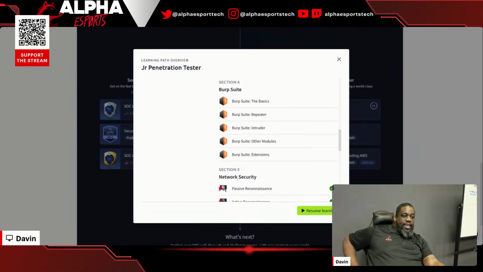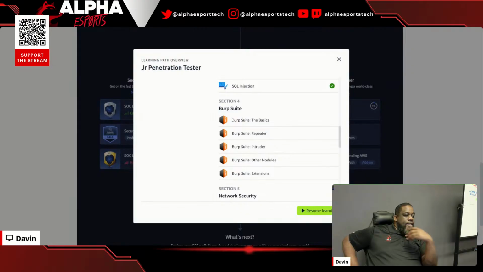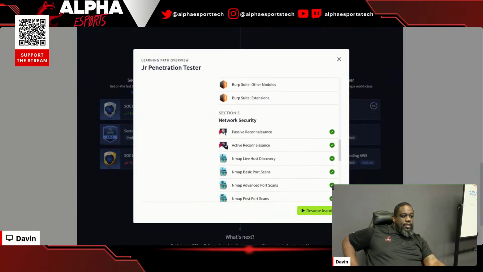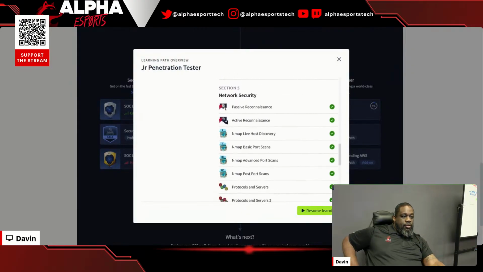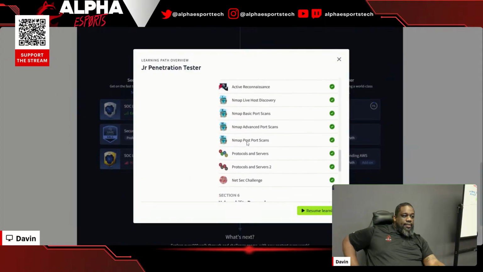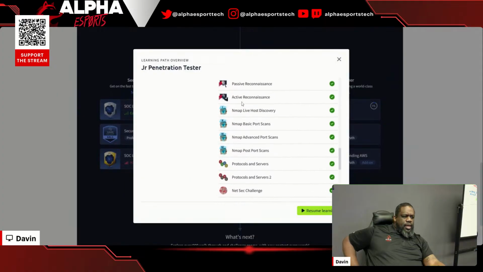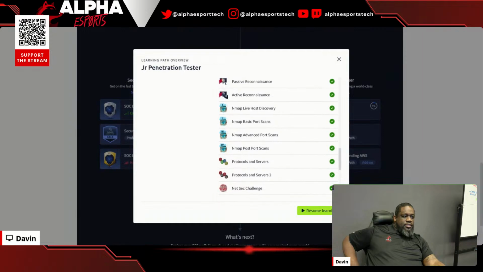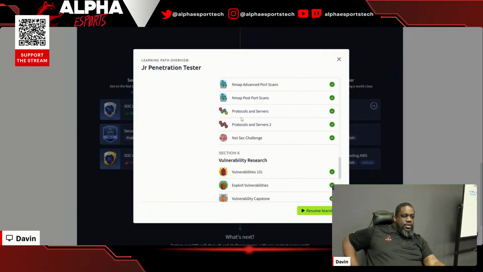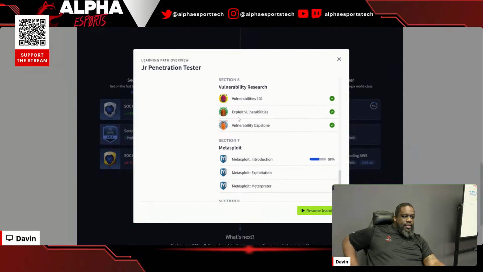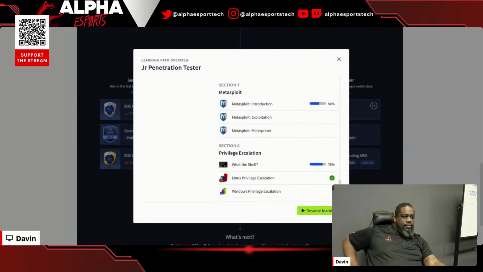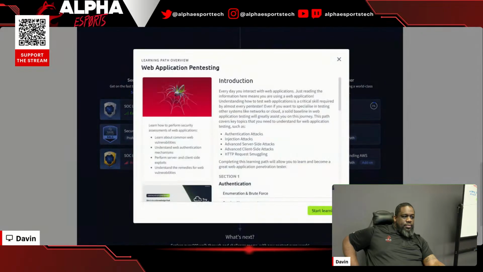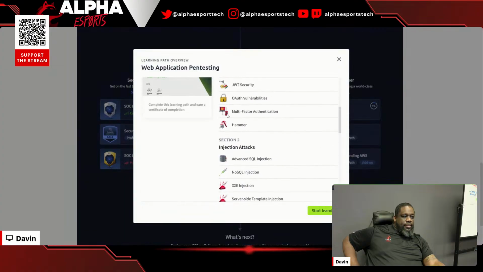We're going to do the Burp Suite stuff anyway when we get into that other web section. So that'll be covered, and then we'll look at active and passive reconnaissance. We'll get into the Nmap stuff. We'll cover that, and then we'll jump into the web path,